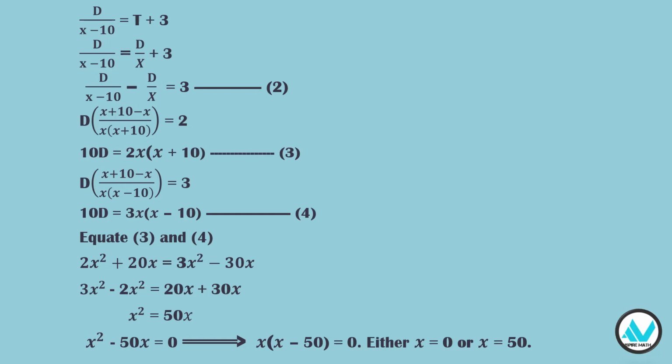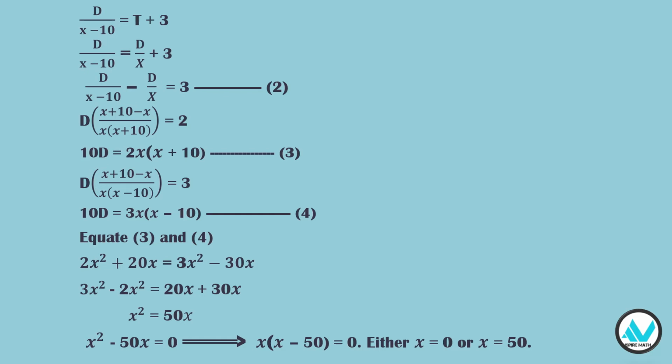Now let's move to the first equation which we have got just now. Now let me take the LCM. So my LCM is going to be x and x plus 10. So x into x plus 10 is my LCM. On my numerator I get x plus 10 minus x. Now plus x and minus x gets cancelled, so I'm left with 10d. Now let me take the x into x plus 10 the other side. So I'm getting 2x into x plus 10. Now let me write this as third equation.